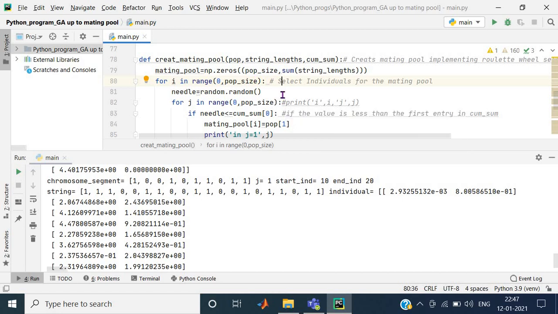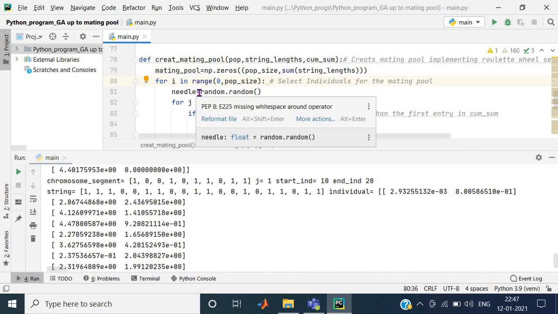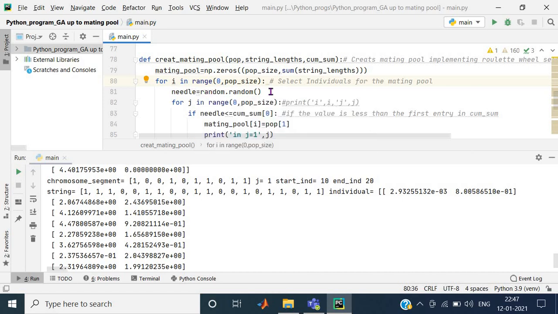Now what it does basically, if you have the cumulative sum, it runs for each of the individuals in the population, and I have simulated the needle which I showed you in the lecture part. A random value is generated, that is the needle, and that random value